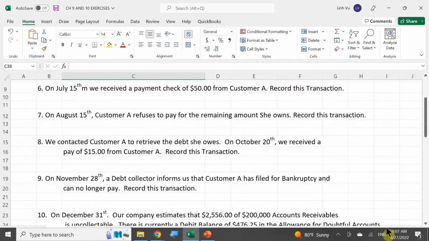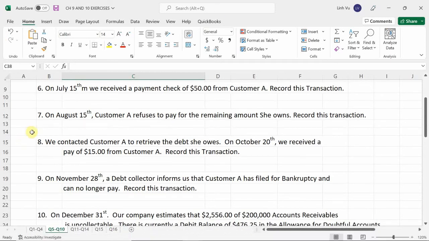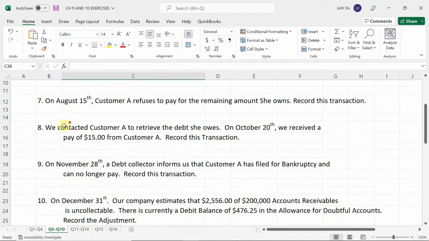Number 7. It's August 15. Customer A refuses to pay for the remaining amount that she owes. Record this transaction. So customer A is refusing to pay. So what do we do? Would it be the allowance for bad debt? Allowance for doubtful accounts is correct. Okay, so in this case, on August 15,